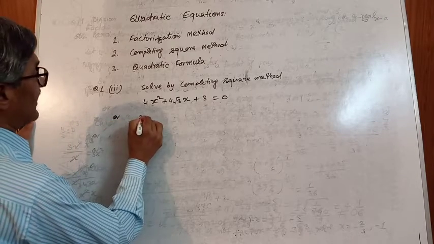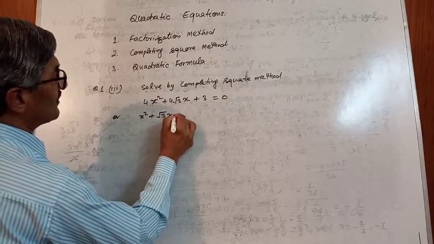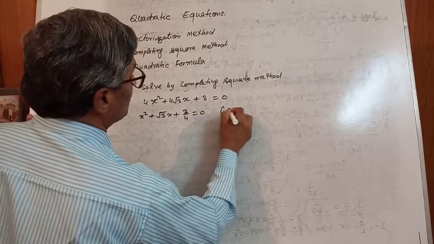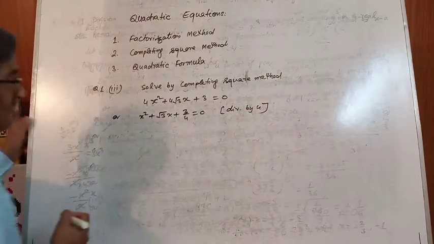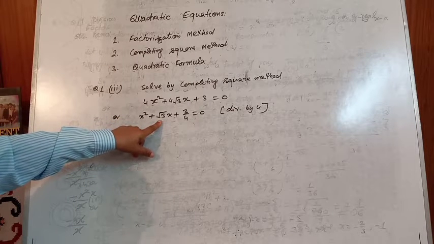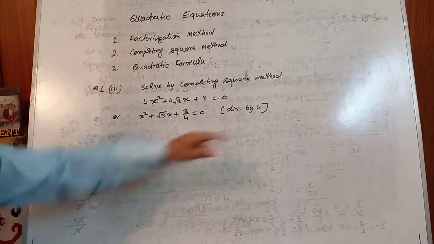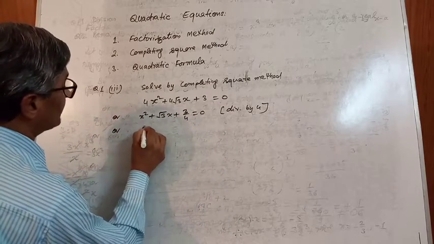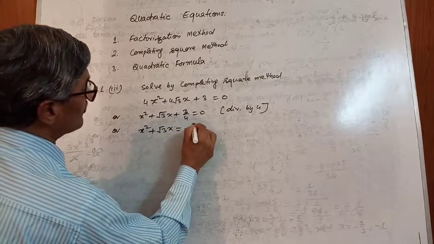Or x square plus root 3x plus 3 by 4 equal to 0. Divided by 4. Now divide this root 3 by 2, then we are going to get root 3 by 2. Now transpose this constant term. x square plus root 3x is equal to minus 3 by